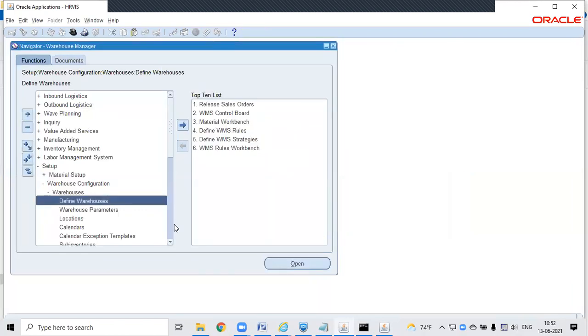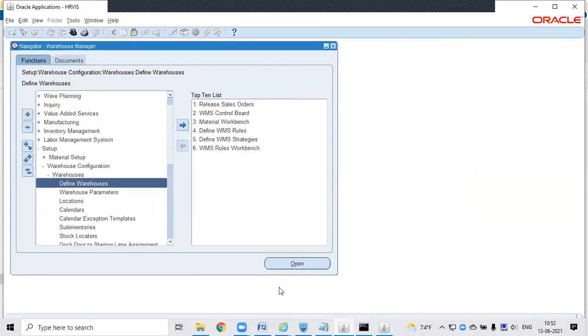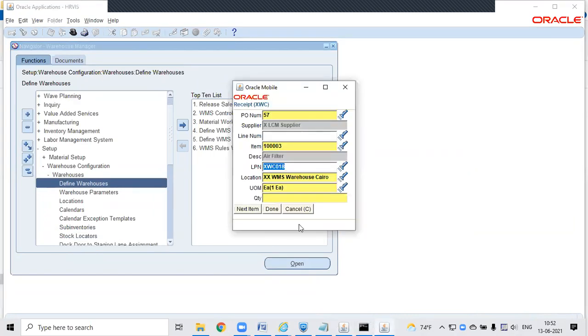Sorry to interrupt. Actually, one follow-up question on this. In the same Oracle mobile screen, when we are entering the details, we have different details like PO number, item, LPN number that we can also pass manually, and the location. But how to ensure that this LPN belongs to this specific warehouse only? The warehouse is not available in the screen, only the location. And for one location, we can have multiple warehouses, right? So how can anyone know that this LPN belongs to this warehouse?